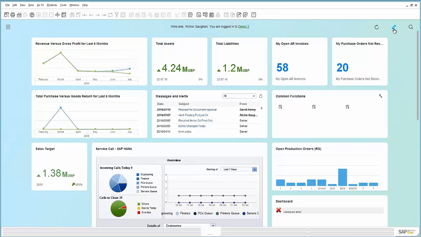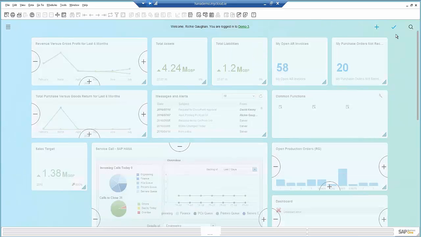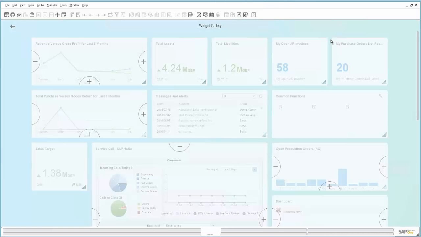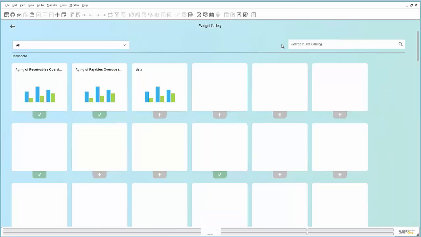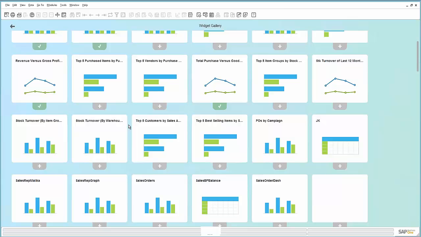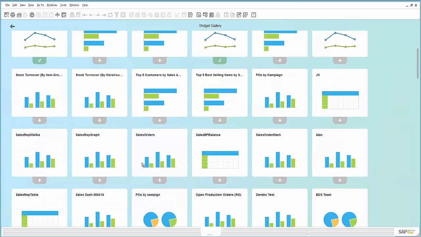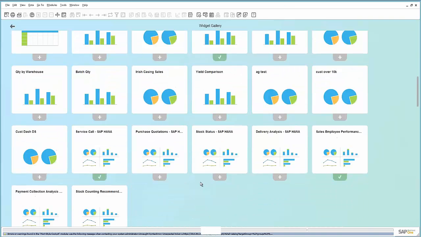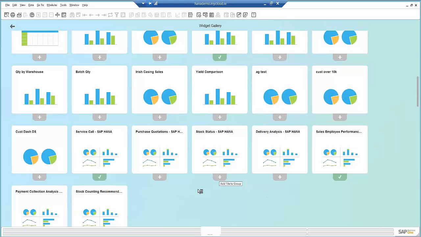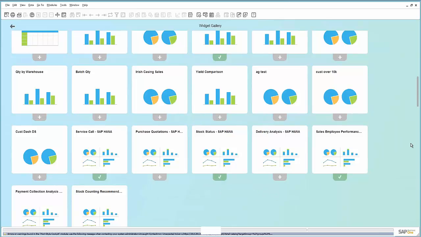To go and edit these is really simple to go and do. I simply go and click edit here. If I wish to go and add a new tile to the screen, I click on the add icon, and then I'm presented with a bunch of tiles that exist in the system as standard. So for example here I can look at a graph on sales orders. I want to go and add that one to my screen, and I can go further down here and I can choose, for example, I might want to go and have a look at stock status. When I've decided which ones it is I want to see, simply back up to the top of the screen,